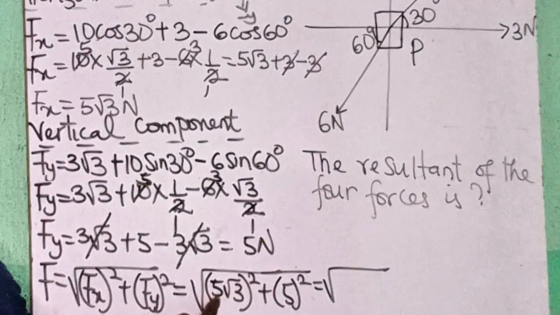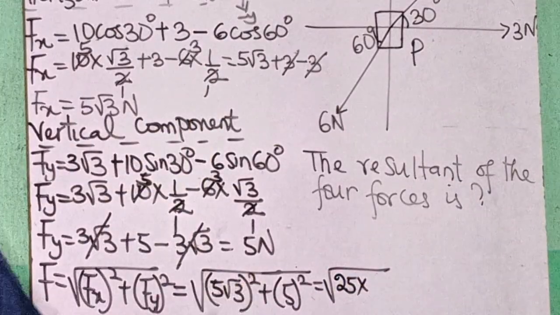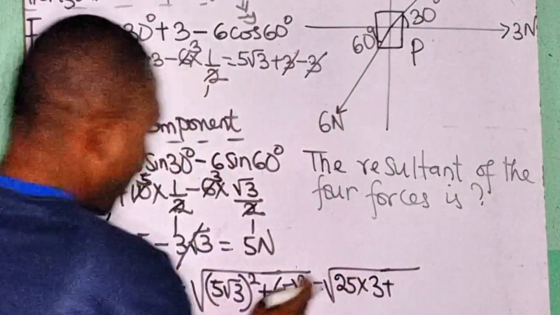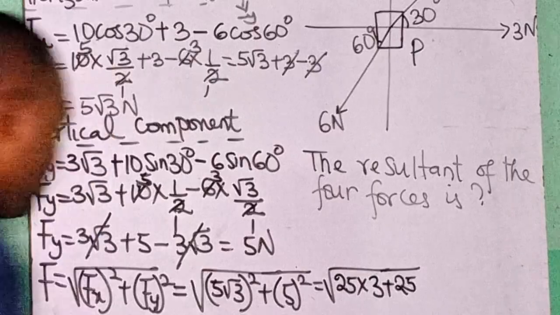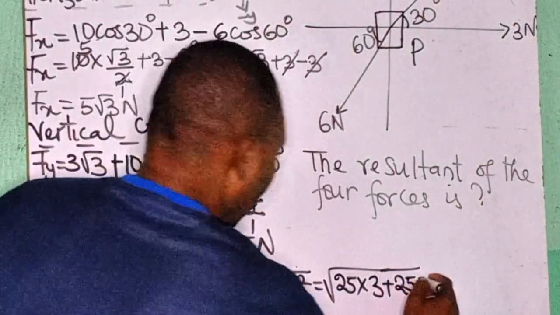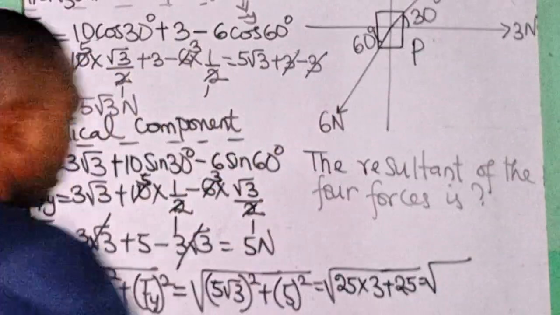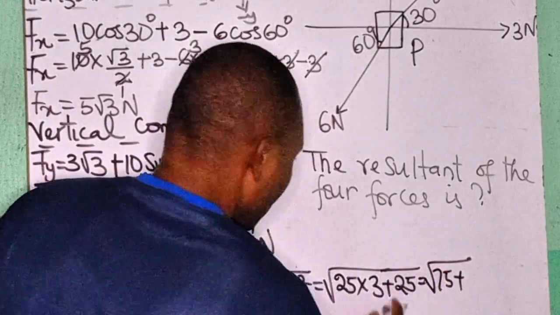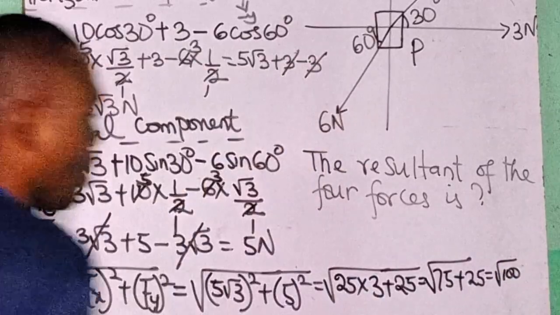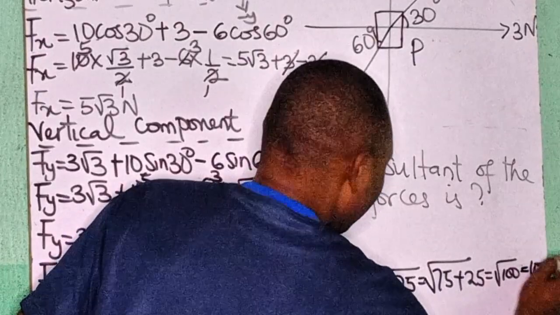The square here affects the 5, so 5 squared is 25, times √3 times √3, which is 3, plus 5 squared, which is 25. So 25 times 3 gives 75, plus 25, which is the square root of 100. The square root of 100 is 10. 10 Newton. So our answer